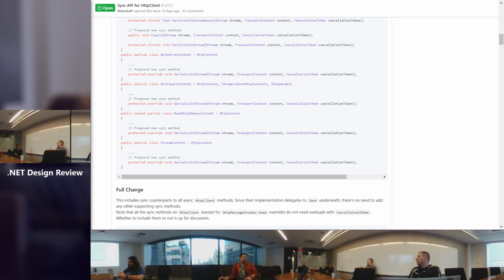People still call sync over async APIs. Agreed. So whether the library is not overriding this method, or they call sync over async, it's the same. Yeah, I think they're buying into that. If everyone does it from an Azure API perspective. Yeah, I was going to say, from an Azure perspective,